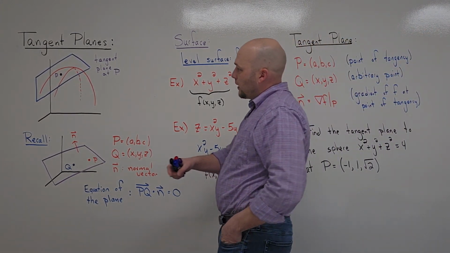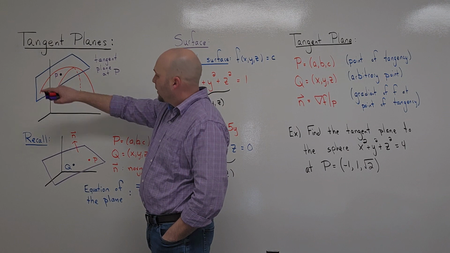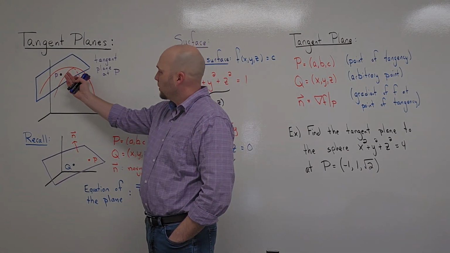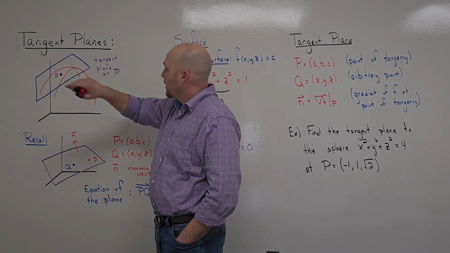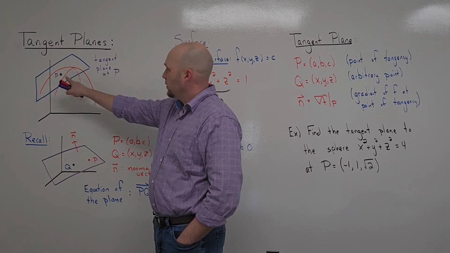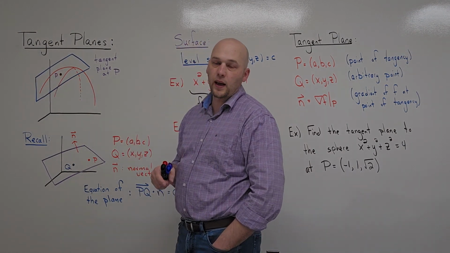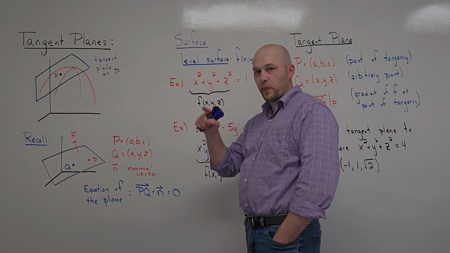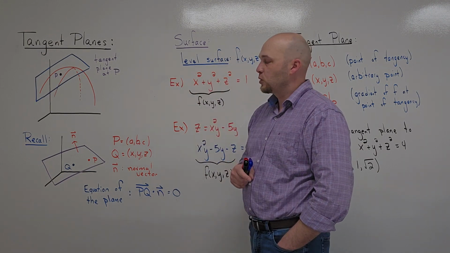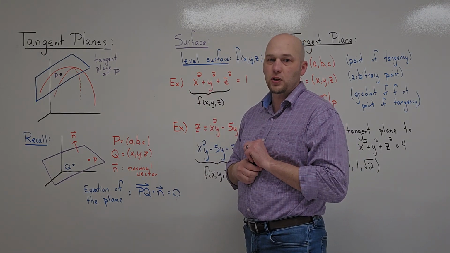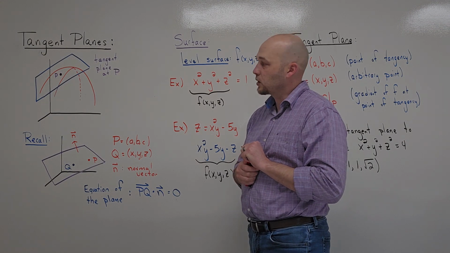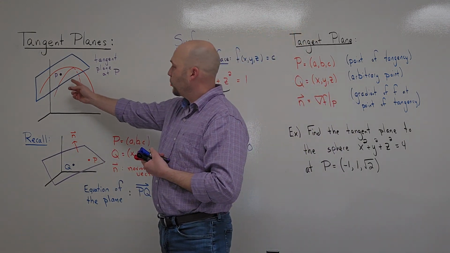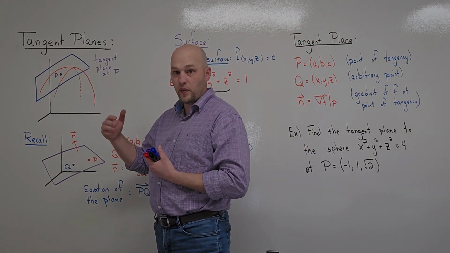All right, so again, a tangent plane at a point P on a surface is the best approximation with a plane for that surface at that point. Sort of like a tangent line, where a tangent line was the best linear approximation to a graph, or the best straight line approximation to the graph at the point of tangency. So I want to go through and figure out how we could actually find the equation of that, and do some